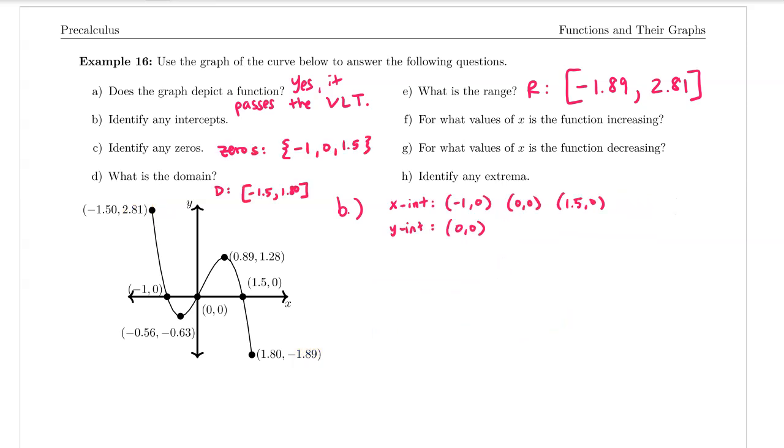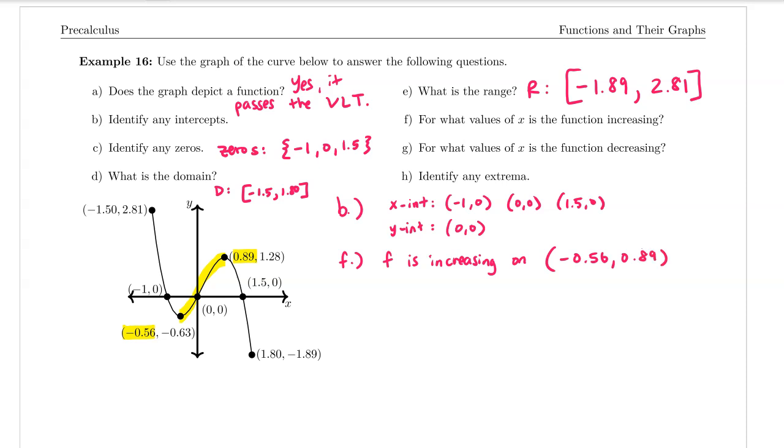Part F says for what values of x is the function increasing? So f is increasing on the interval. Typically we use open intervals when we're talking about increasing and decreasing. So it's increasing wherever it's going up. So it's going up from here to here, and we need to look at the x values. So it's increasing from -0.56 to 0.89. And again, I'm going to use open intervals, meaning parentheses on my endpoints. So -0.56, comma